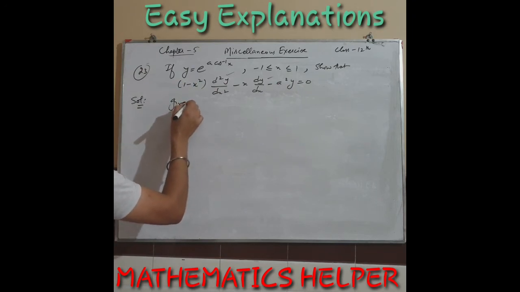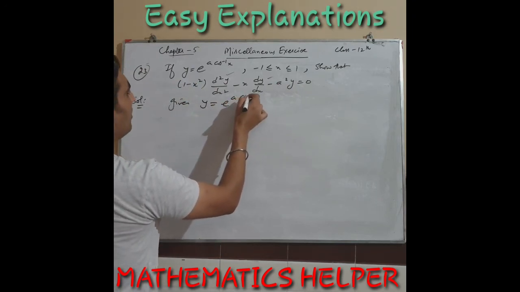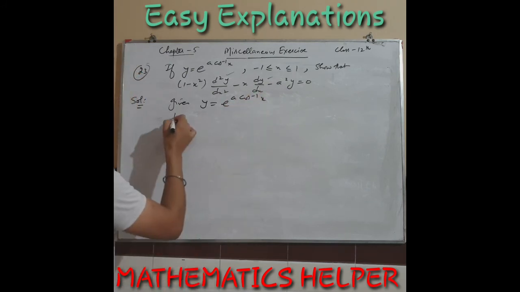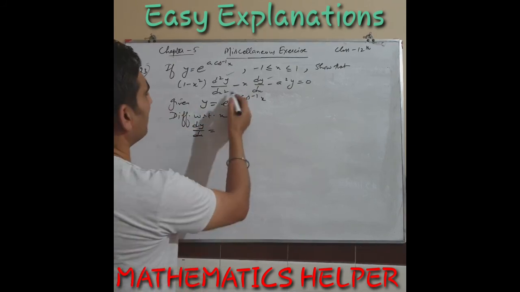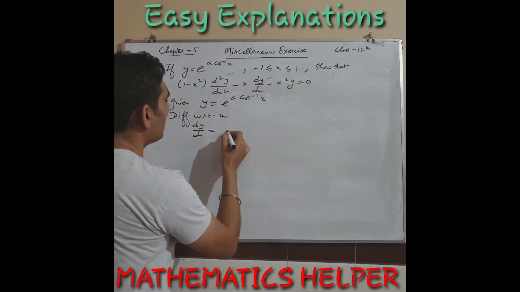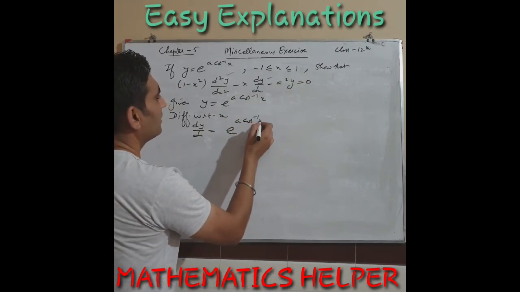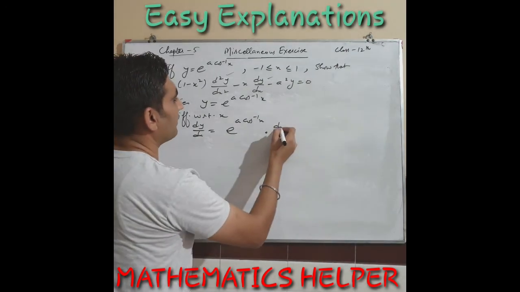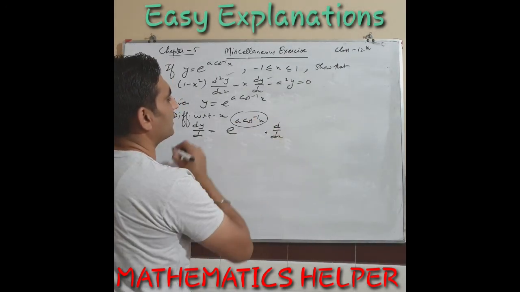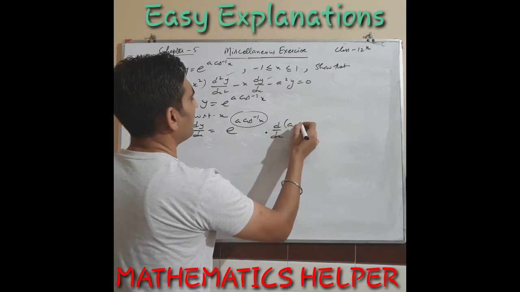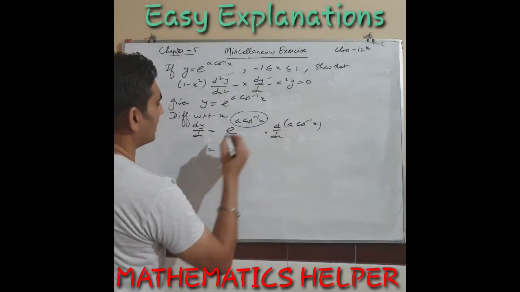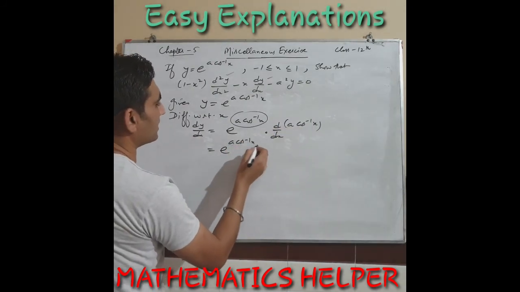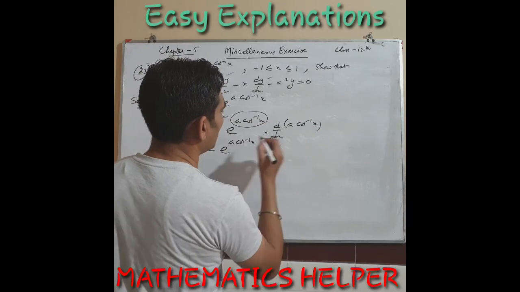So given is y equal to e raised to power a cos inverse x. Now once write the derivative with respect to x. So differentiating with respect to x, it will be dy upon dx. What about the derivative of e raised to power anything? Same, e raised to power whatever is there, but don't forget to write the derivative of that power which is given along with e. So the derivative of a cos inverse x. Now your calculation is about this derivative of e raised to power a cos inverse x. The derivative of a, a constant, is as it is.